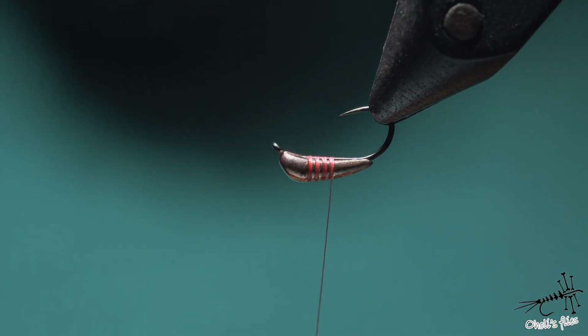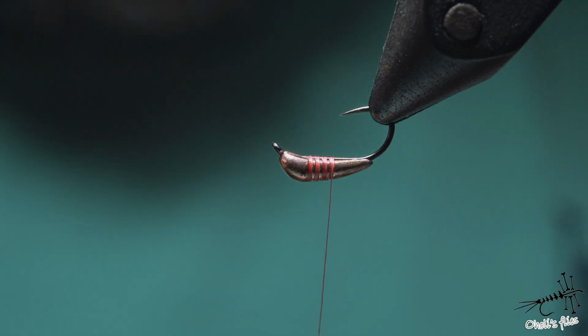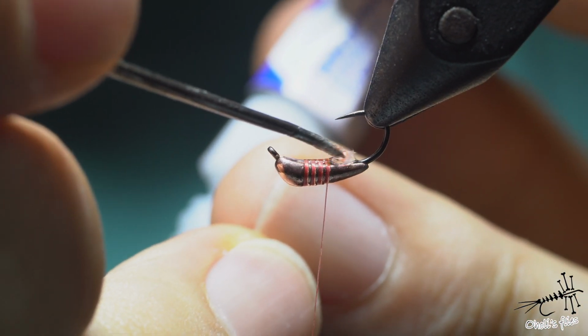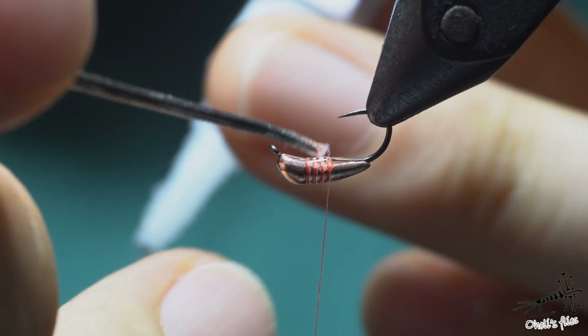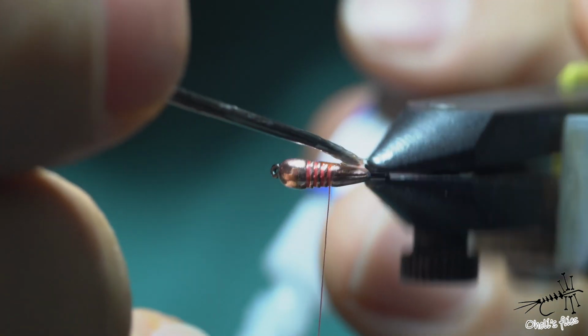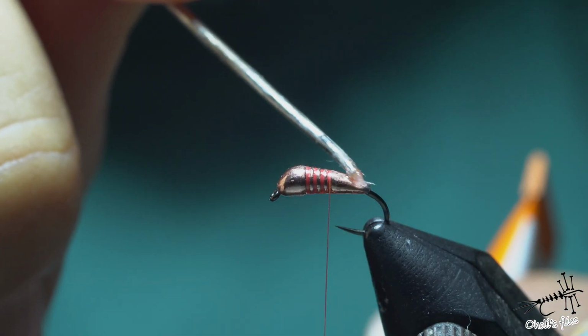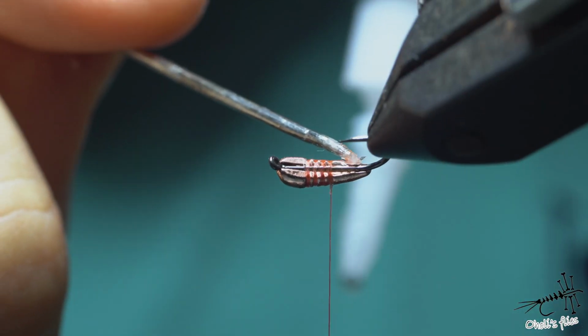Put some super glue on it. At this moment I'll be rather generous with super glue because I want glue to penetrate everywhere and to keep everything as strong as possible. But I will be careful to put some glue on this tapered part over here because that part is